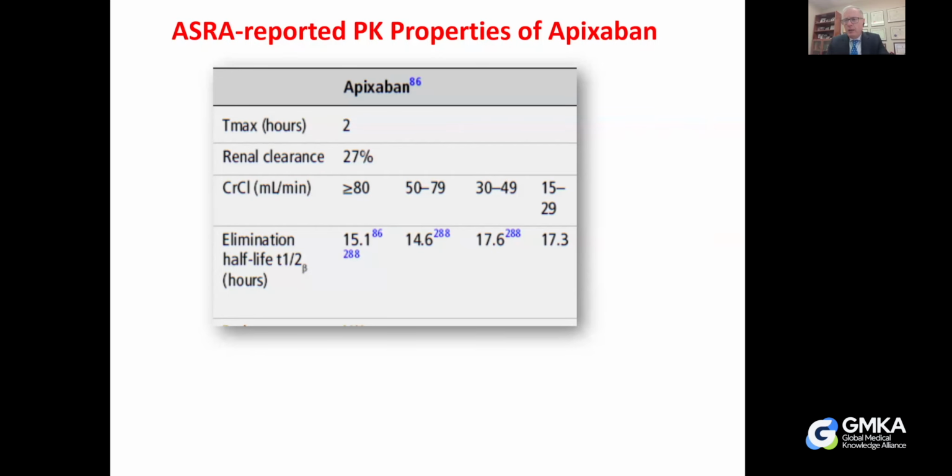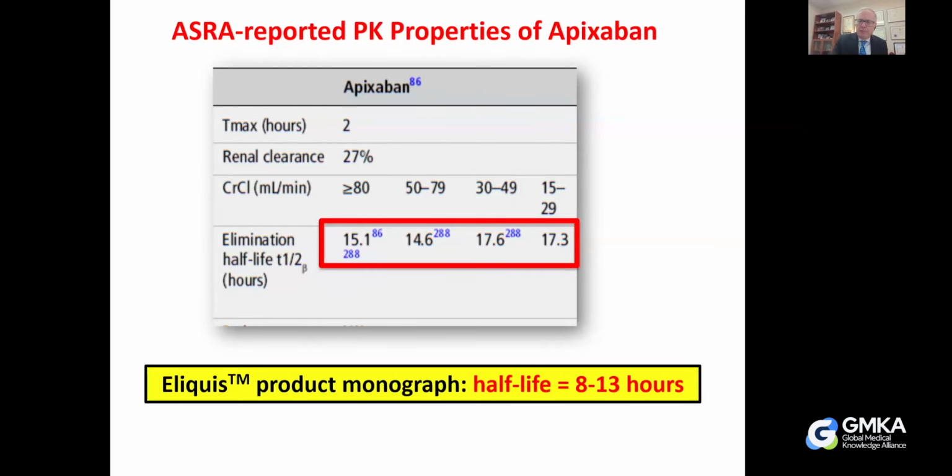Now, I will tell you that the ASRA guidelines are more conservative in a manner of speaking, in that they allow longer intervals for interruption. And that is because their interpretation of the half-life of these drugs, and I'm using apixaban as an example, is longer than the half-life that we tend to use in practice, which is based on the product monograph and based on the other clinical studies. So there's a bit of a disconnect there because they're assuming longer half-lives for these drugs and therefore longer periods